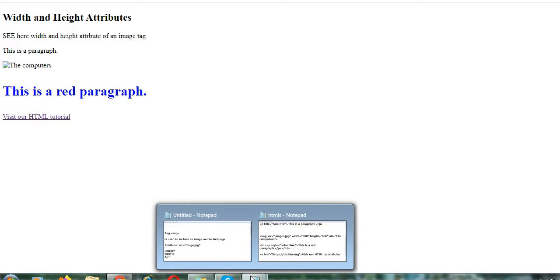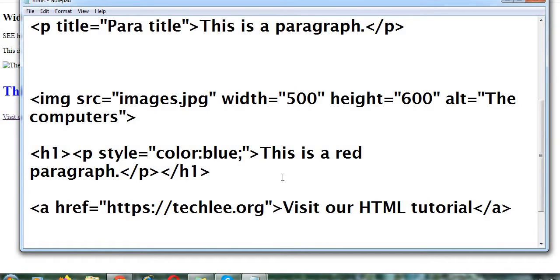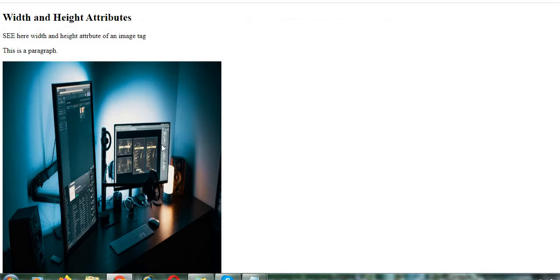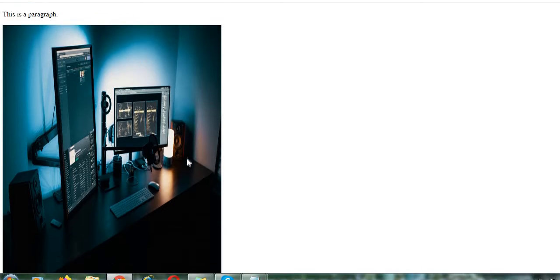Because the image is not loading this time, that is why it is showing the alt for that image. Now we will just make it correct, so it will again start showing the image. So you got it, I think.